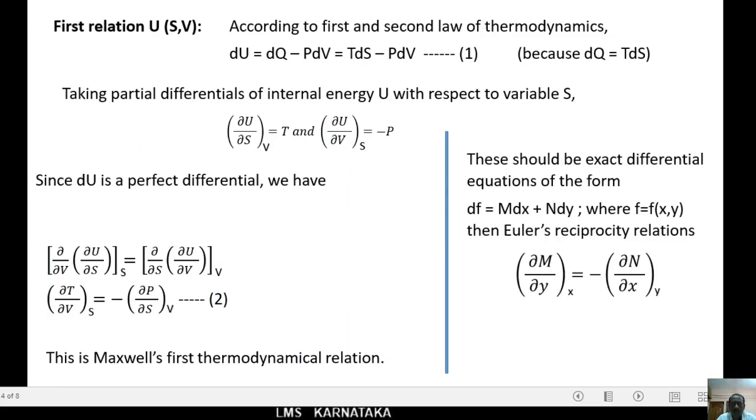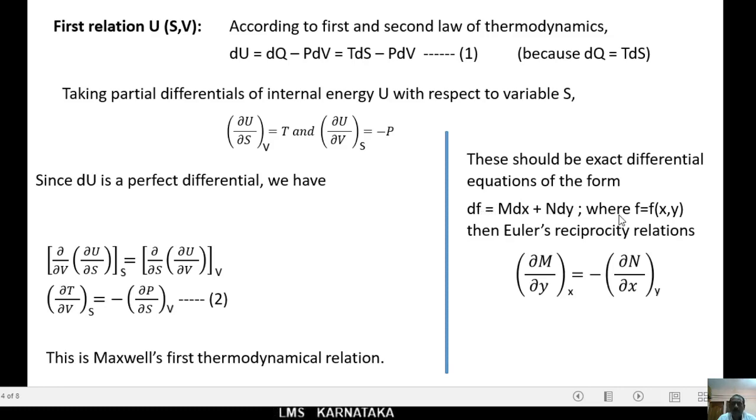The first relation also written in the form like this, using Euler's reciprocity relation. Here U, H, F and G are all state functions and are given by the equation like this. Internal energy equals TdS minus PdV. By taking this equation, you can compare with the Euler's, by applying Euler's reciprocity relation, you can obtain the first Maxwell's thermodynamic relations. Here, these should be exact differential equations of the form, that is df equals M dx plus N dy,